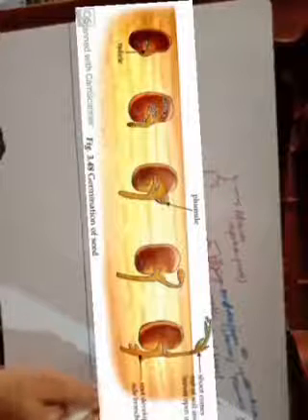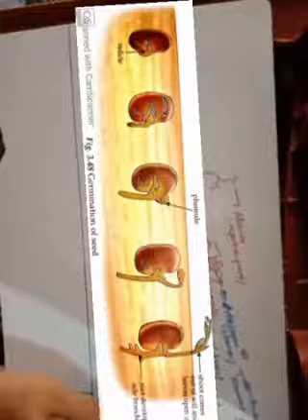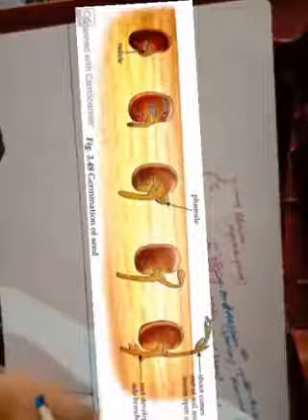And this is the radicle. Radicle gives rise to the root system. It will make the root, and these two are cotyledons. Since there are 2 cotyledons, they are called dicots. Okay, so this seed will germinate and again give rise to the plant. In this way the life cycle of the plant goes on.